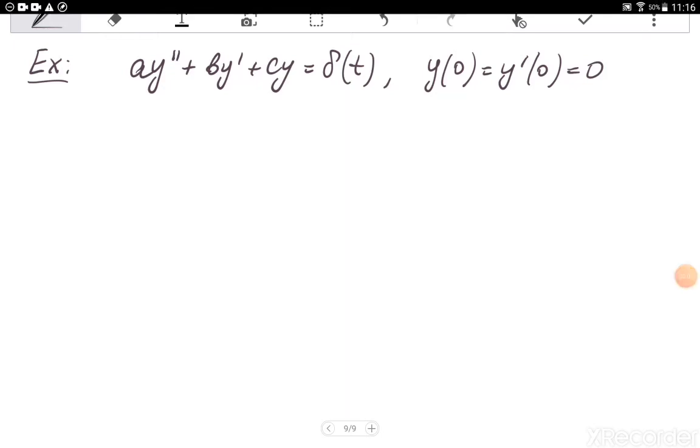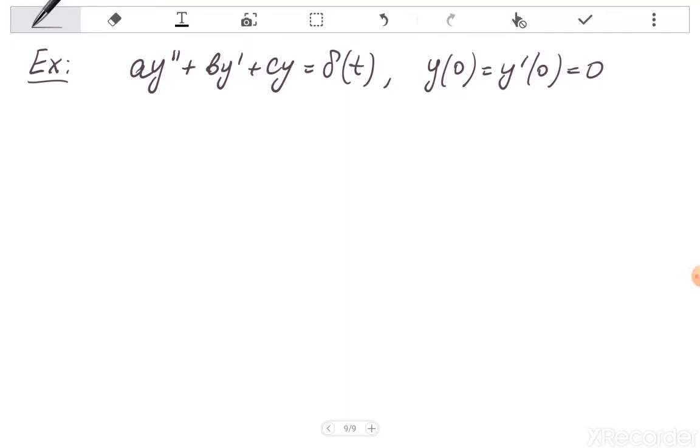This is the third part of the second lecture of week 11, where we'll consider another example, but in a more general case where a, b, and c are some constants, and we have a delta function on the right. So what is special in this case? If we apply the Laplace transform to both sides of this equation, we obtain